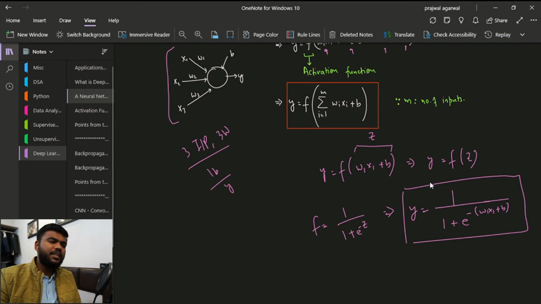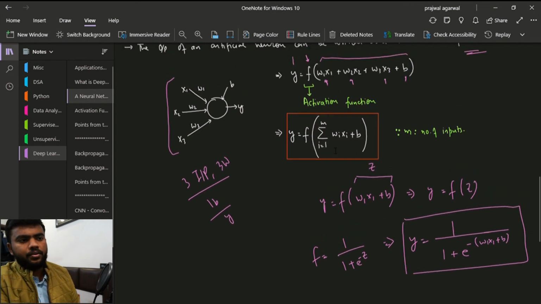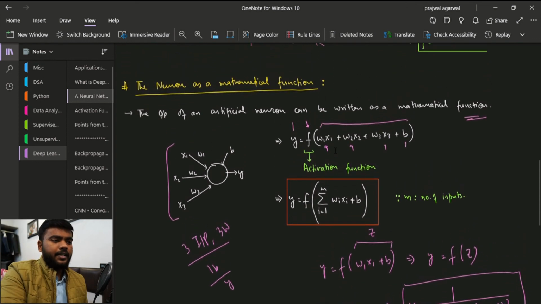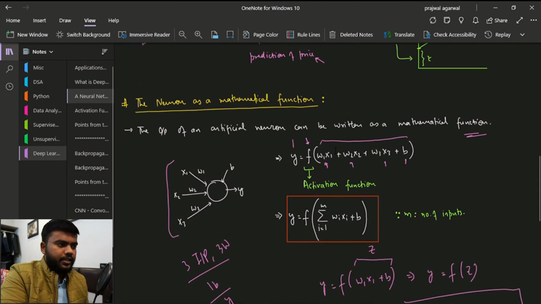I've gone a little bit deep, I know, and if you don't understand right now, it's okay. We will discuss more about this. But yeah, this is how we represent a neuron as a mathematical function, or we can also simplify the above extended version into a compressed version by using a summation. All right, so in the next video we will discuss what this activation function is, and this is it for this video.